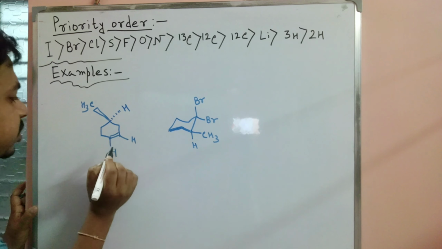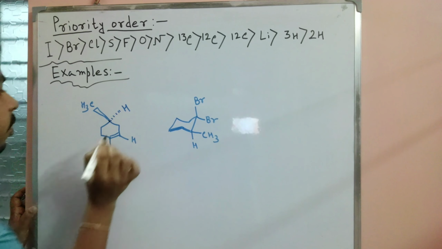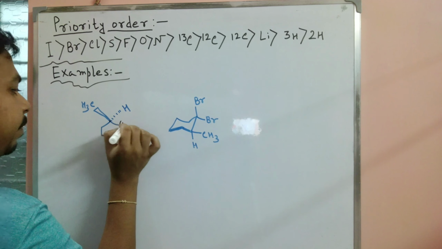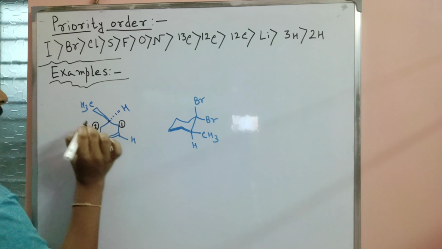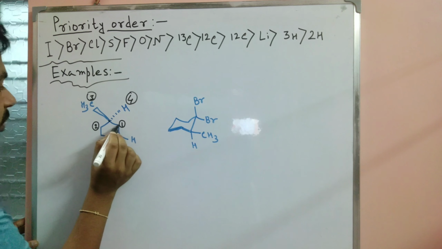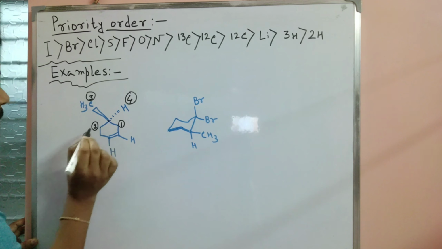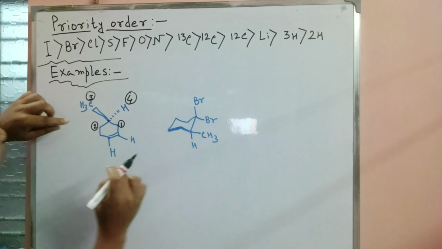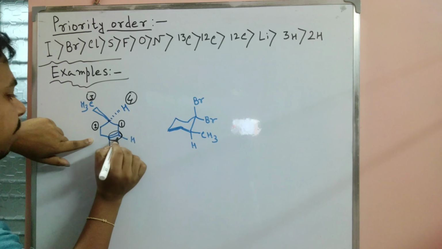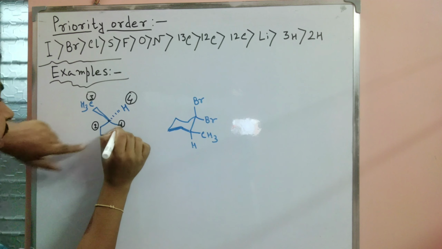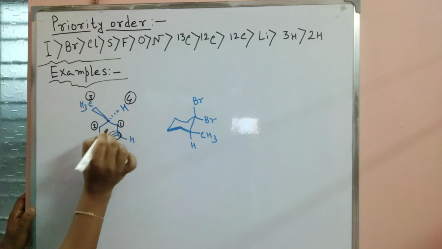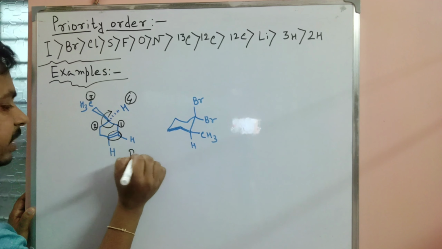One of the important examples is here. When we are at this stereo center and we go to the right side, the right side carbon is priority 1, and on that side priority order 2, methyl 3, hydrogen 4. Why? Because when we go through this bond, one carbon is present here, and going right, here present 1, here present 1, but when we go to the second carbon atom, we get a double bond system. Due to the presence of this double bond system, this carbon has priority 1, but in that case there is no double bond, so 2, and only a methyl group, 3, so hydrogen is 4. So the rotation 1 to 2 to 3 is clockwise, so this one is R.